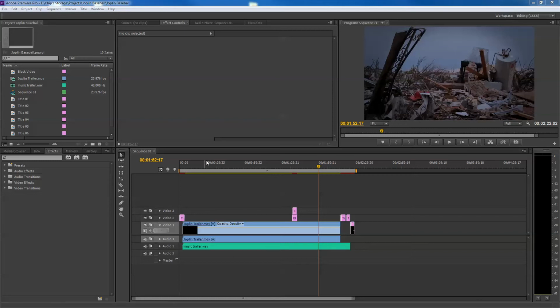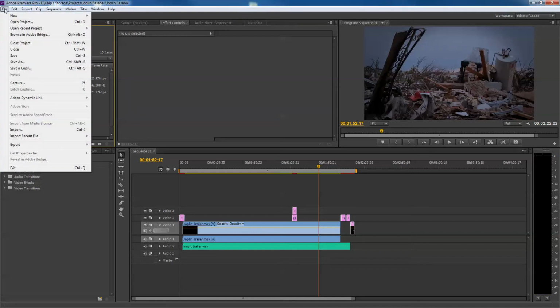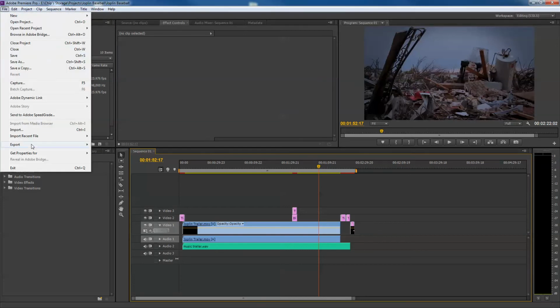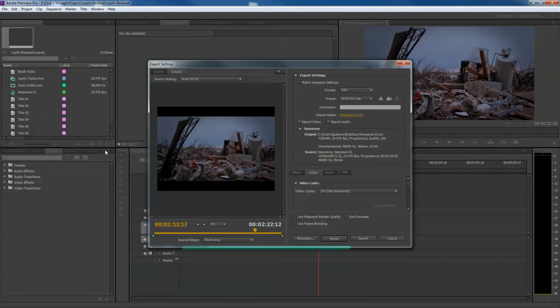So here is a sequence that I have up in Premiere, and if I'm ready to make this a QuickTime movie with H.264 compression, I can go up here to File, Export, and Media. Well, I gotta make sure the timeline is selected. Export Media, and this is where we are going to have our options to compress out of. Now, with Premiere, we have our source information right here, which is 1920 by 1080,